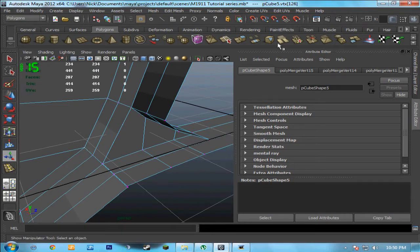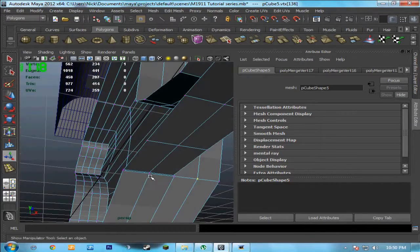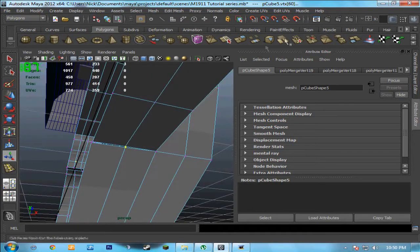And these three down here. Are they merging? Oh, I was selecting the wrong ones, sorry. These ones. It always helps to know which ones you're merging. Oh. And I don't think those are...